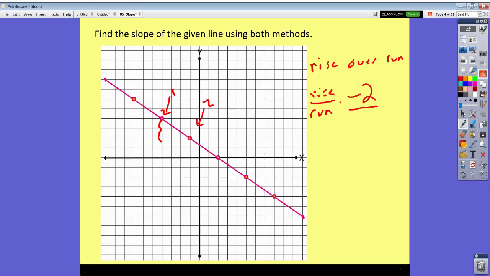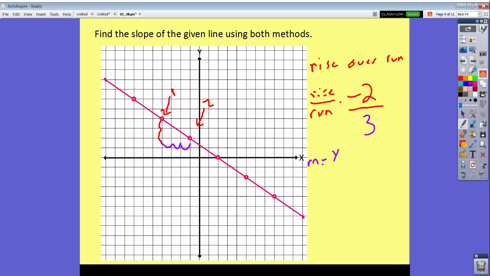We have -2 over, and then we have to run from where we left off. We have 1, 2, 3. So we ran 3. So our slope would be -2 over 3. So that's one way we can do it. The other way we can do it is using our m